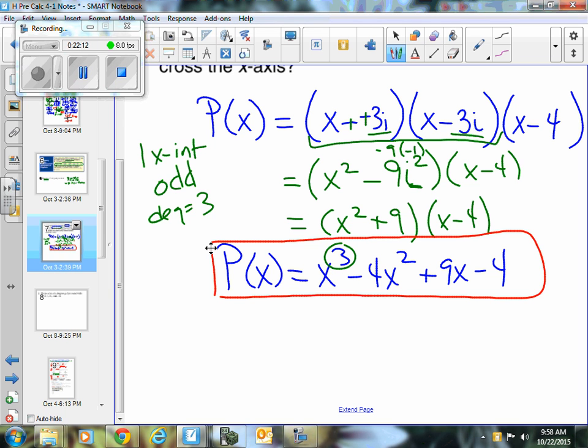What if I took this polynomial and say I doubled everything? I multiplied everything by 2. Would the polynomial that you get, oh, I'm sorry, this should be 36. I goofed. Make sure you have that on there. 9 times the negative 4, that should be a 36. If I doubled everything and got that, would that polynomial have the same solutions or roots as the one I just wrote above that